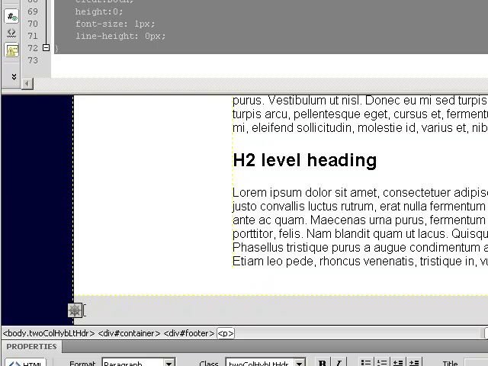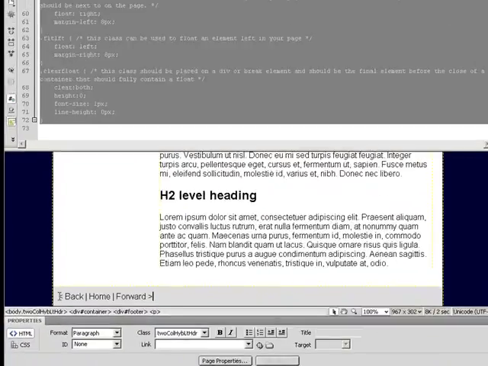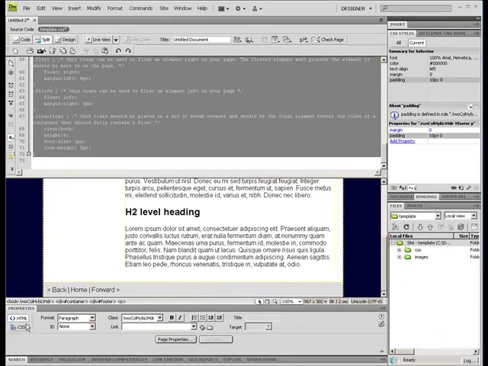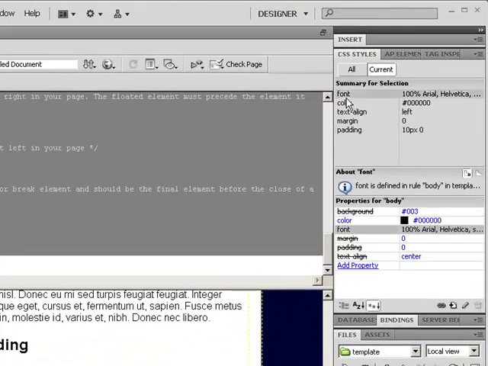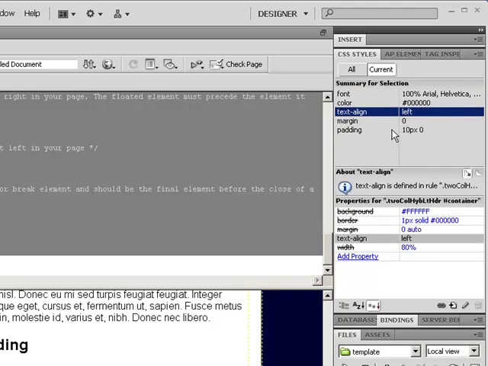I could also, if I wanted to, I wouldn't even have to do that. I could do something like, trying to think of a good way to do this. And this isn't really a good example, but I think you get kind of the idea. And I could look over here and I could add a property if I wanted to, but looks like text aligns left. I'm going to change that to